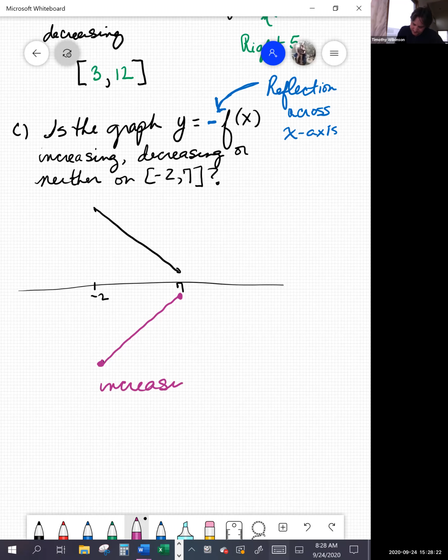I got to actually think about it. So let's think about it. Let's say, if this is negative 2, I would have like a y-axis there, right? And this is a reflection across the y-axis. I think you might be right. So this point here is here. This point here would be over here. And so a reflection, it's going to be